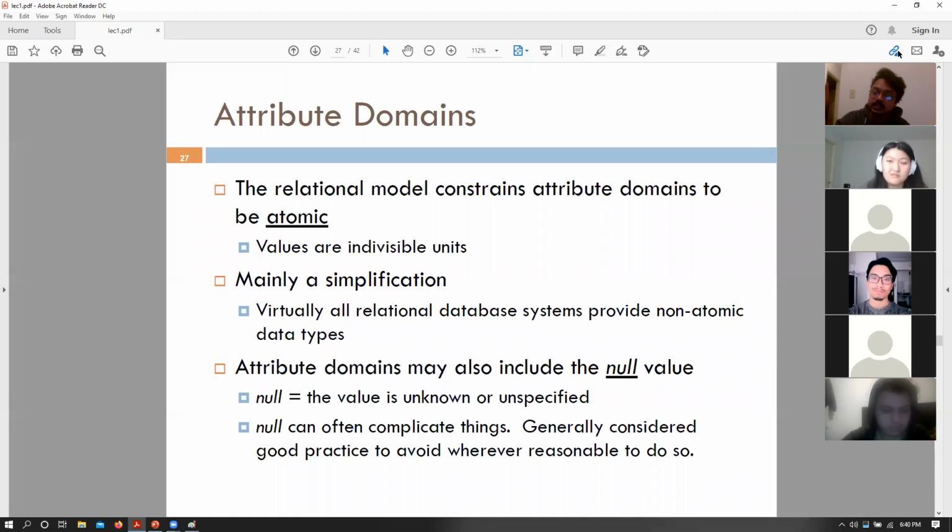I will be changing the entirety of that attribute or nothing at all. An example would be, let's say that we have an attribute for the date an account is created. I should not be allowed to just change the month of that date. Instead, I would be required to change the entire date. So that is what we mean when we say that attribute domains are atomic. So atomic means we cannot